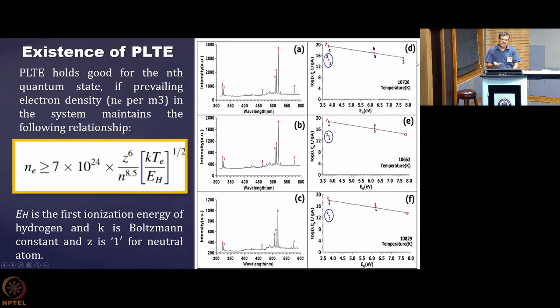So just from the behavior that we are seeing from outside through the emission from the system, we are able to say what is happening quantum mechanically inside the system. So which levels are populated as per the Boltzmann rule or which are not. So this is a quantum mechanical phenomenon, and its manifestation is observed in the emission spectra. So that is how you can determine whether a system is in LTE or not.